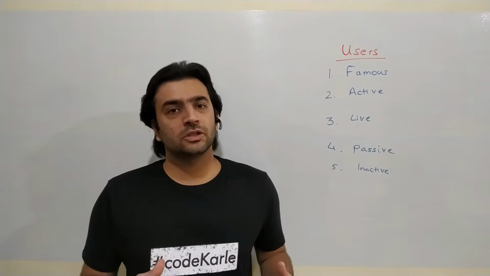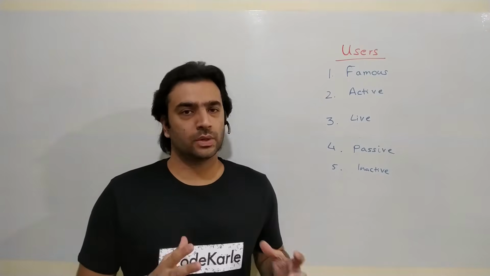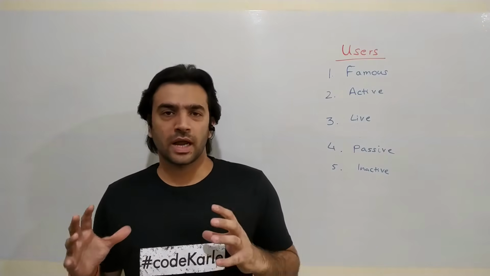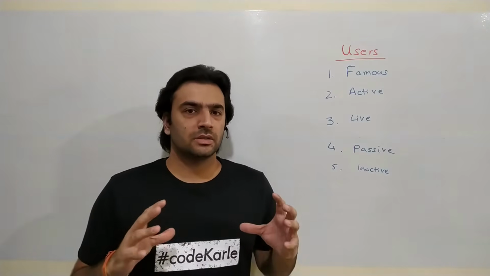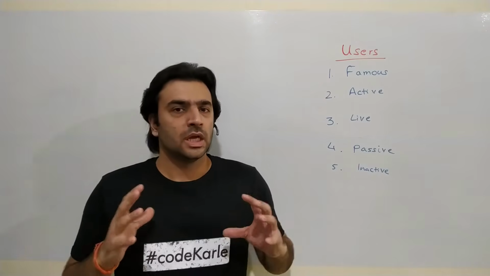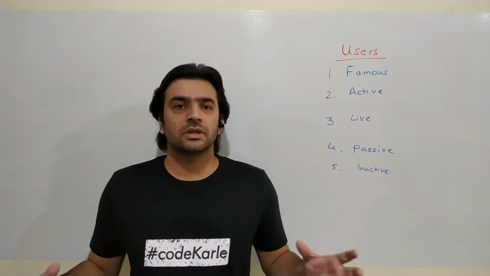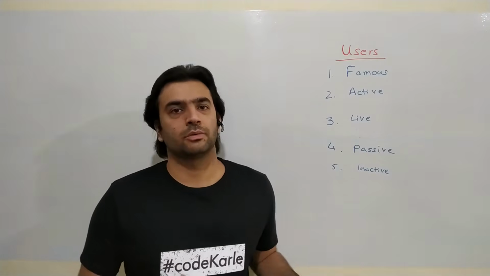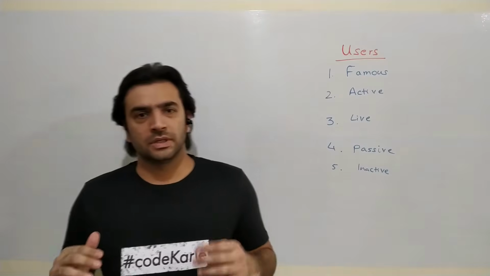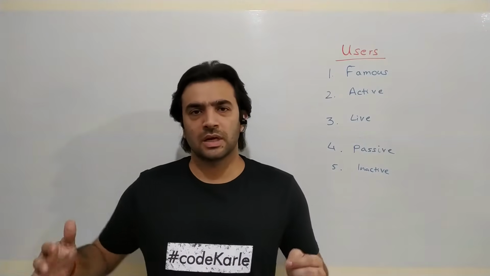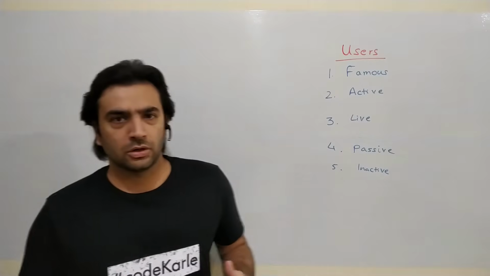Now, the definition of active for a platform like Twitter can change over time, but the main idea here is people who are accessing Twitter in the last couple of days or couple of hours are classified as active users. In all of our discussion, we'll assume that people who have accessed Twitter in the last 3 days are active users. I believe in the real implementation of Twitter, they consider people who have accessed the system in the last 30 days as active, but I'm again not too sure of that.